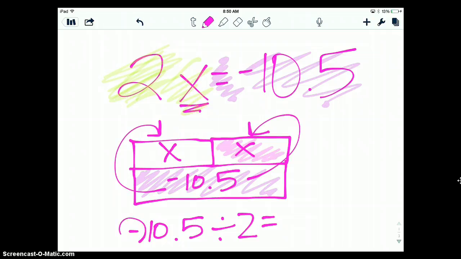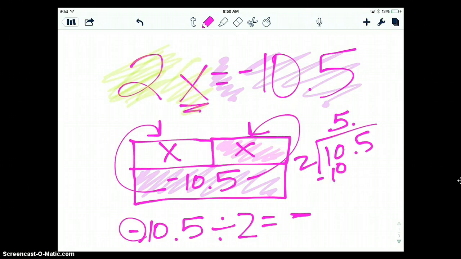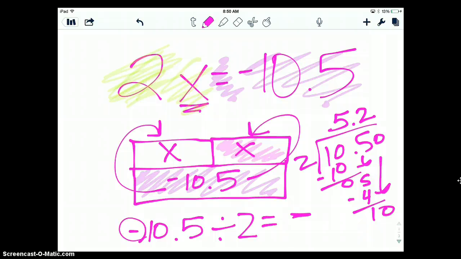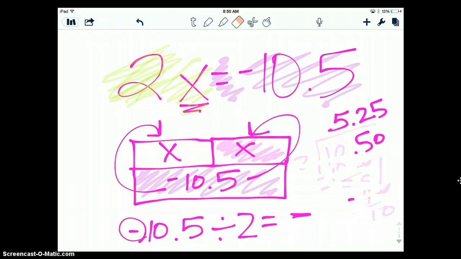So I have a negative divided by a positive, so it's going to be negative, and then 10.5 divided by 2. Bring up my decimal. 2 goes into 10 5 times, and 2 goes into 5 twice. I'm going to keep going here. So I end up with negative